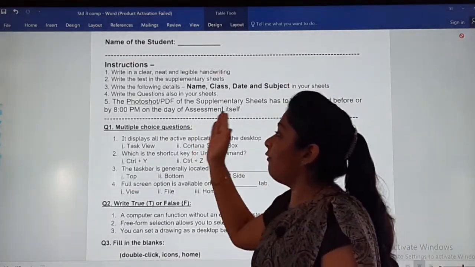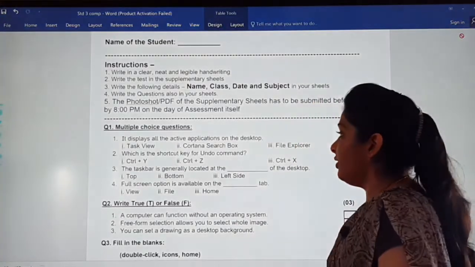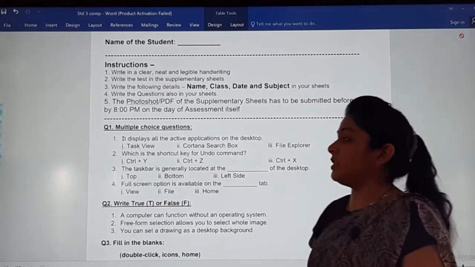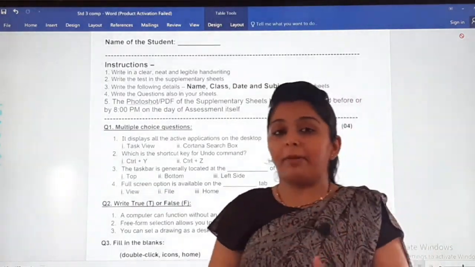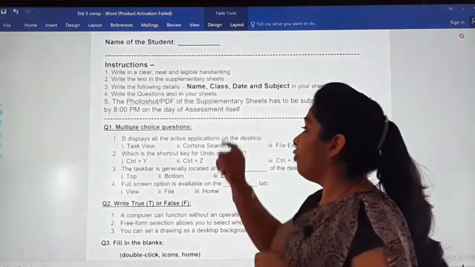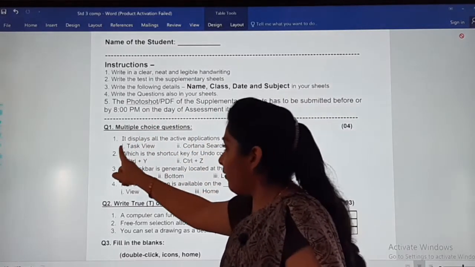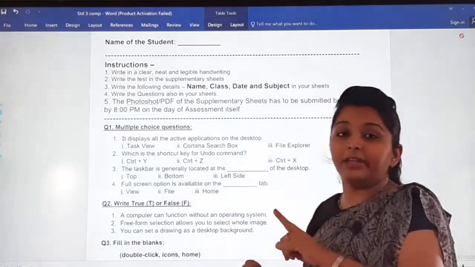See, this will be your first question, that is multiple choice question. The first one is, it displays all the active applications on the desktop. Which application? It displays all the active applications. Now what you have to do in your answer sheet, you will write question number 1, multiple choice question, put down number 1, copy the question and then on the next line write the answer.